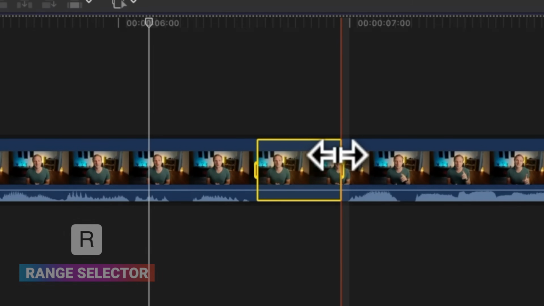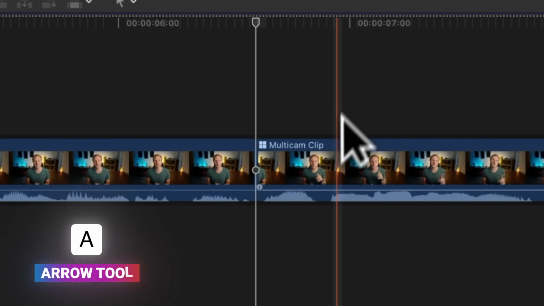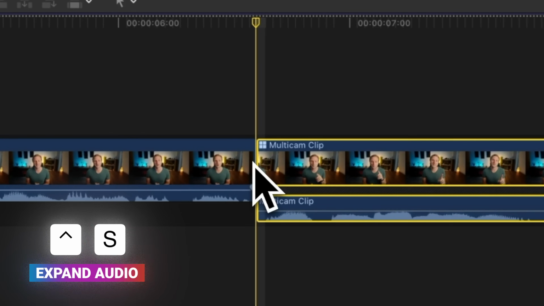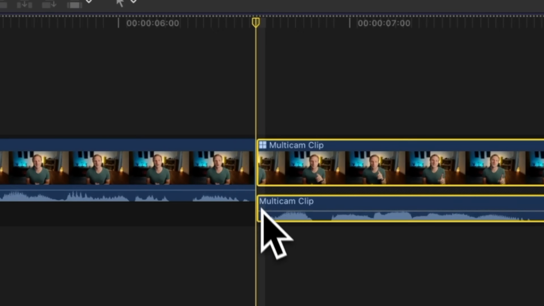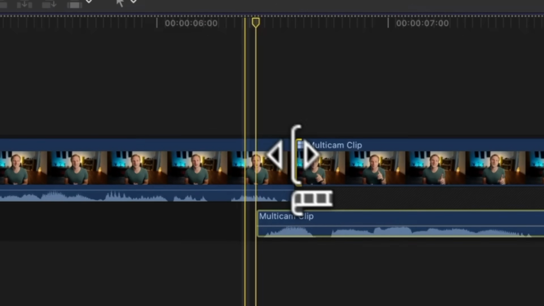I feel like there's a little bit too much of a pause for an intro. We'll delete that out. Then I'm going to get my arrow tool with A. We'll select this second clip. Then I'm going to push Control S. That is going to give me the ability to create a J cut. From there, we can go ahead and just trim this bottom half, and now we can tighten up those 2